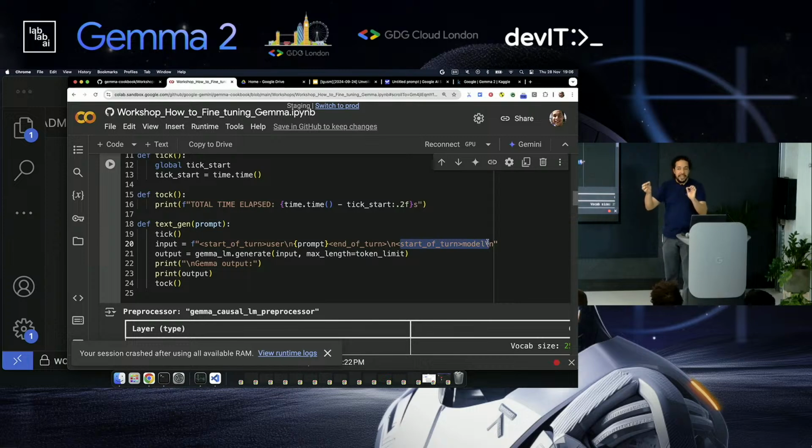So we are tricking the model into completing a conversation. That's why it looks like it's chatting, right? So it's the way you format. All of the models that do chat have some kind of format where you say, I'm saying this, now it's your turn. The model completes, and then you keep doing this. So when you have a long conversation with any model, there are lots of start turn, end turn markers, and then you put the model's response, you put your turn again, and this is how the model